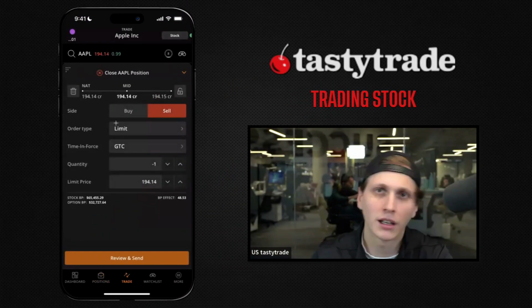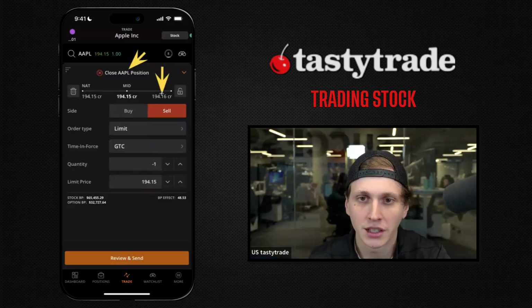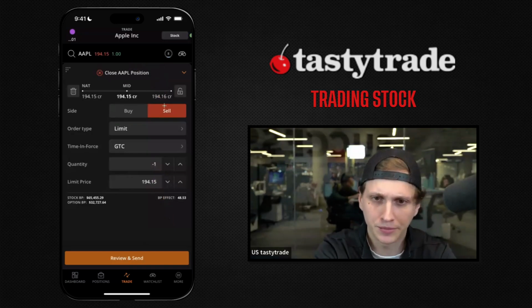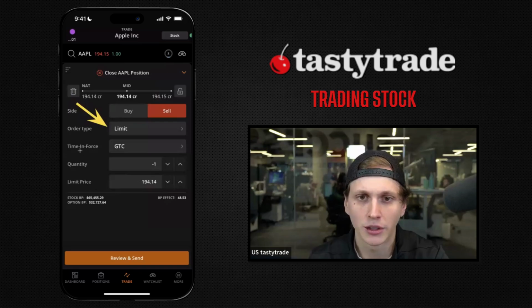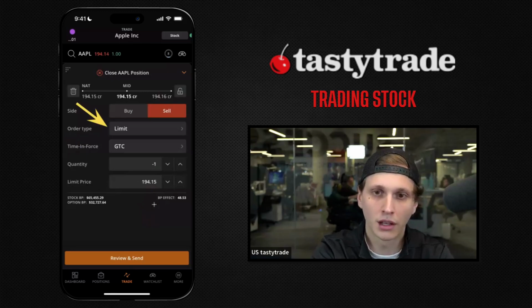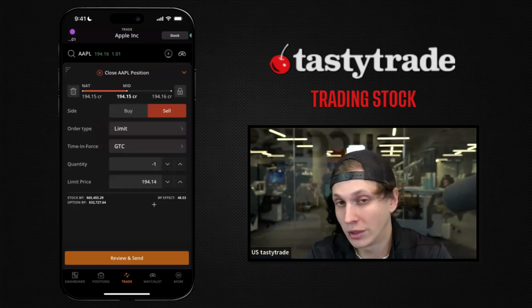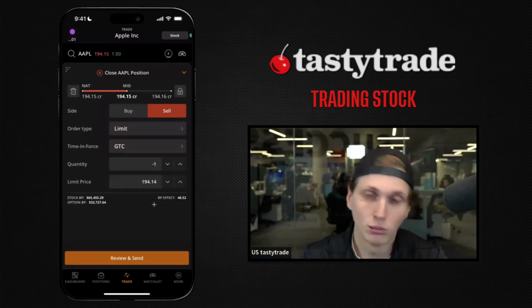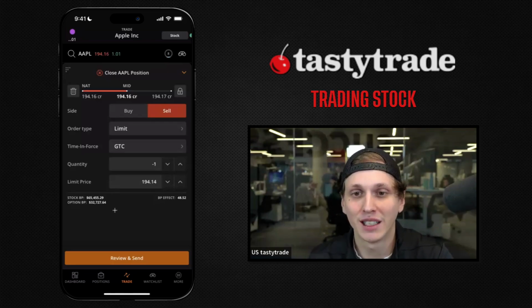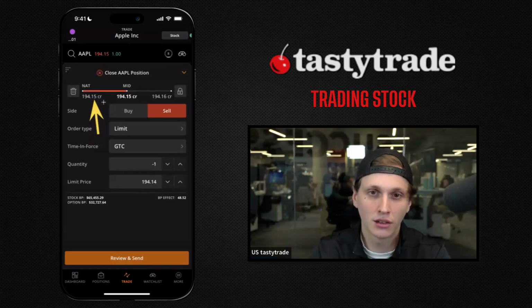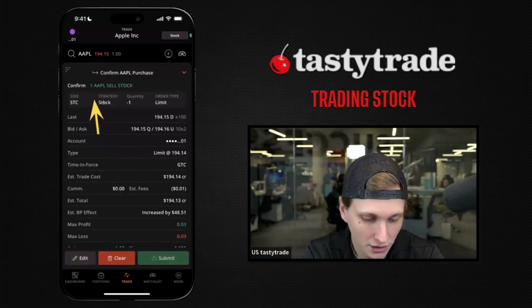And now it's going to queue up a closing order to close our Apple position. We're selling 1 share. So you can see -1, sell, closing Apple. And then we can see we're sending off a limit order, again, GTC, and the limit price for that order. If we tick down a little bit, in this case, again, if we're selling for cheaper than what the market's currently trading at, more likely to get a fill. So if we set up this trade, we're selling again, we're placing at 194.14, which is a little bit below that 194.15. So we're very likely to get filled. If we go to review and send and then submit,